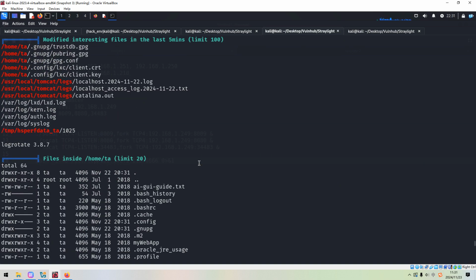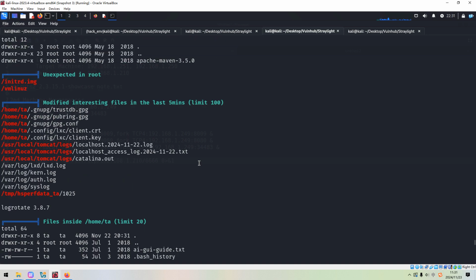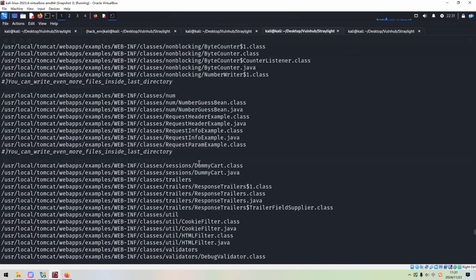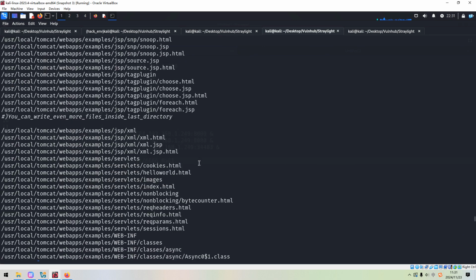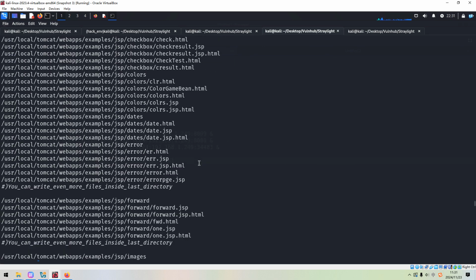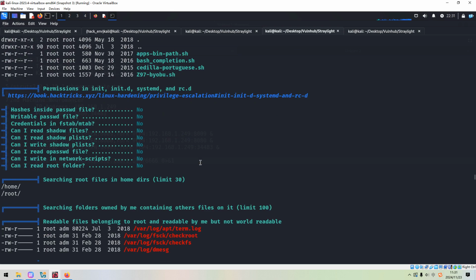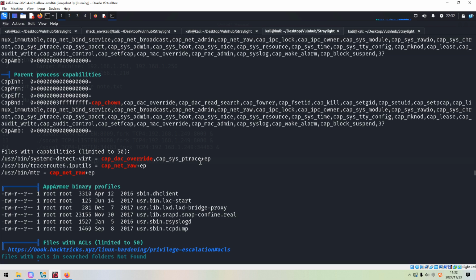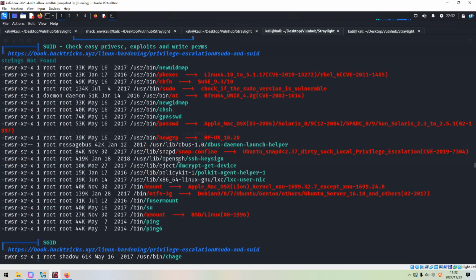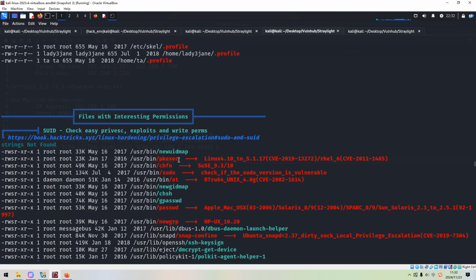A lot of output by this script. Permissions, capabilities, SUID bit.